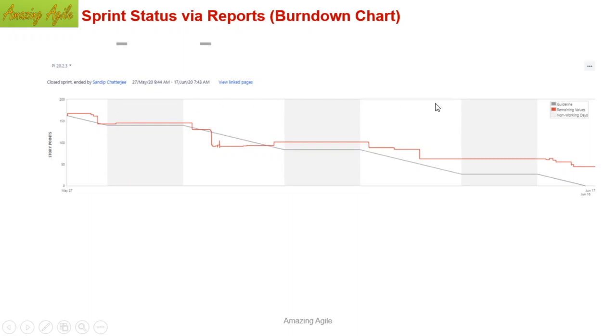I am showing you a burn down chart of a current project which is recently completed, and I see that it is going so nicely for the entire project. But the last week of the 3-week sprint, something happened, so we could not finish the story. So there is a gap. If you have completed, then this red line touches the black or gray line. So that means there is some issue that is reported. This way we will see the burn down chart.